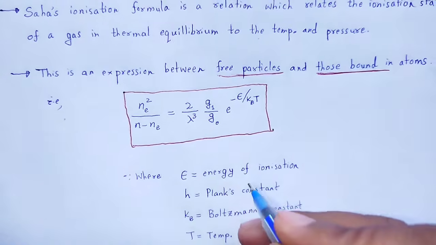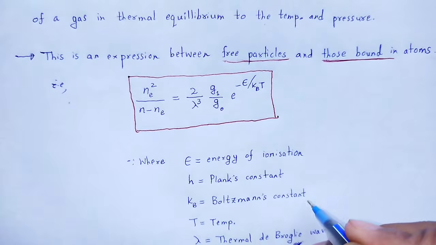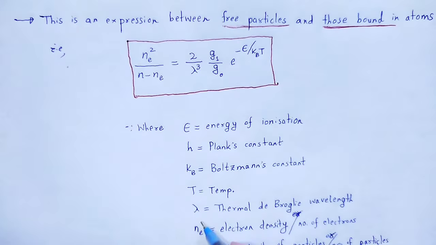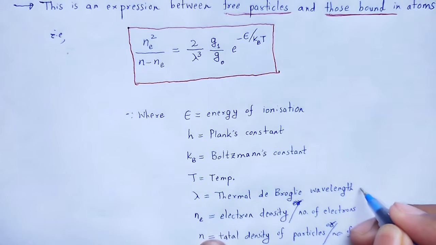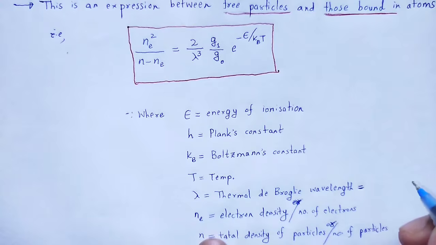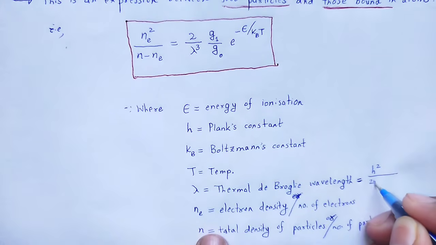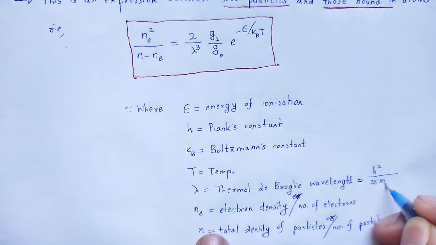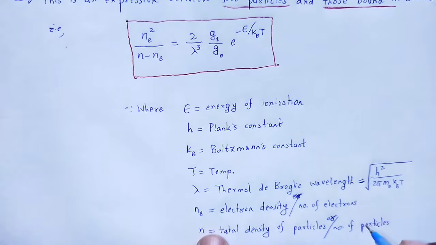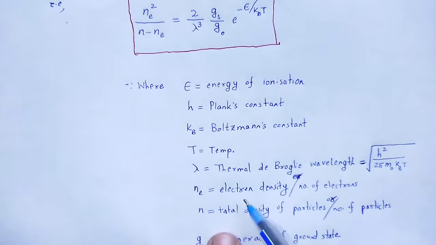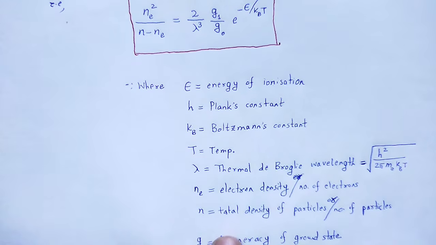Where epsilon is the energy of ionization, h is Planck's constant, k_B is Boltzmann constant, T is temperature, lambda is the thermal de Broglie wavelength, and that thermal de Broglie wavelength is equal to h squared divided by 2 pi m_e k_B T, under root,